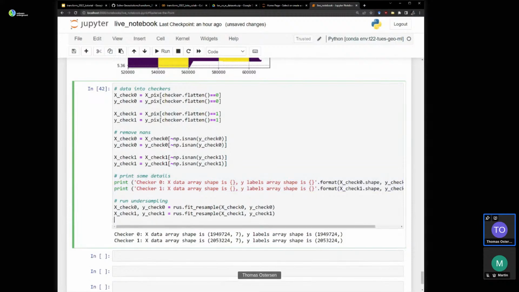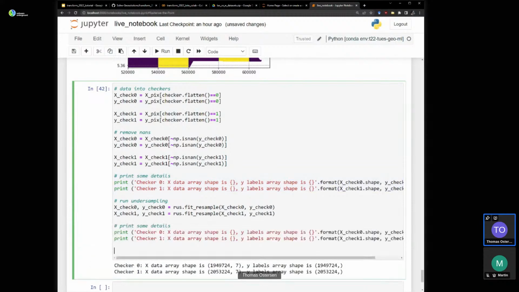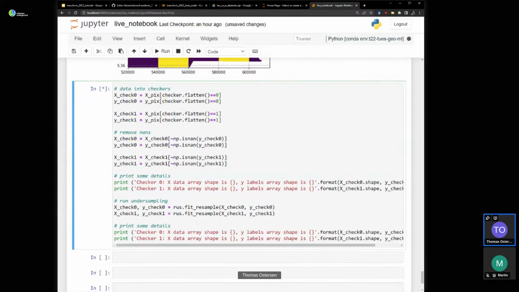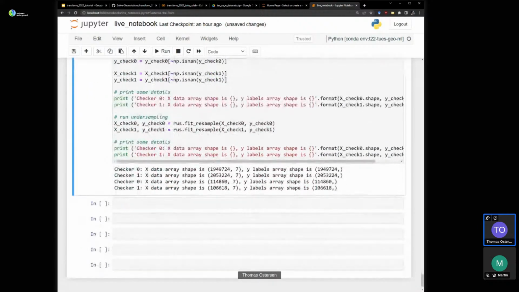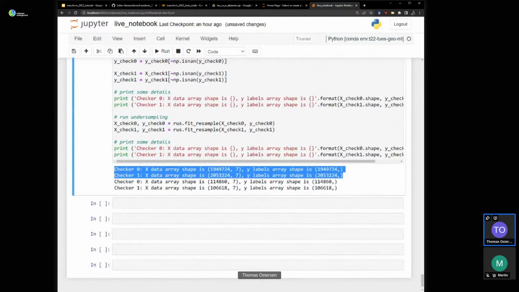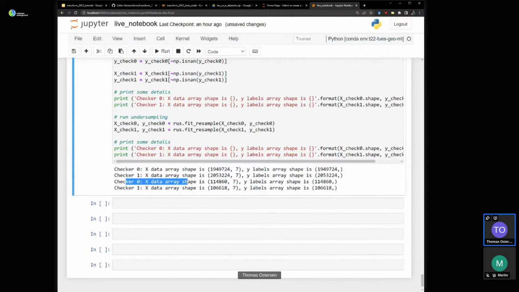Print that again. Cool. Now that should give us, yep, so this is the raw data. This is after undersampling, random undersampling. So we have 100,000 odd pixels for each checker. Let's fit some models.